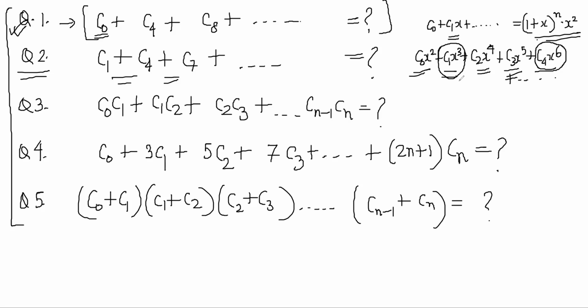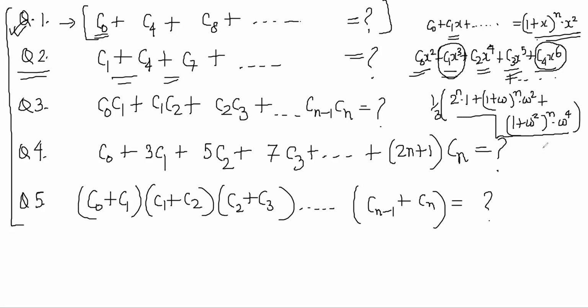You just have to do 2 power n into 1 plus omega power n into omega square plus 1 plus omega square power n into omega power 4, and 1 by 3 of that. So simplify it using the polar form to get the cos expression. Okay, so that is fine. Third one,